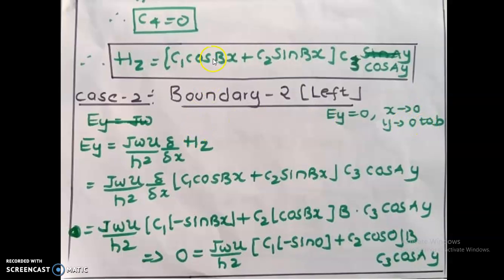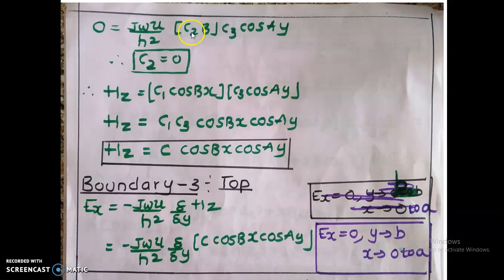Now Hz, that is this one, you take this one as a reference, and you do the partial differentiation. Once you do the partial differentiation you substitute x as 0, as y cannot be substituted as 0 because it's a variable. Wherever x is there, you have to substitute 0. So sine 0 becomes 0, cos 0 becomes 1. So c1 vanishes, and only c2 and c3 are left.